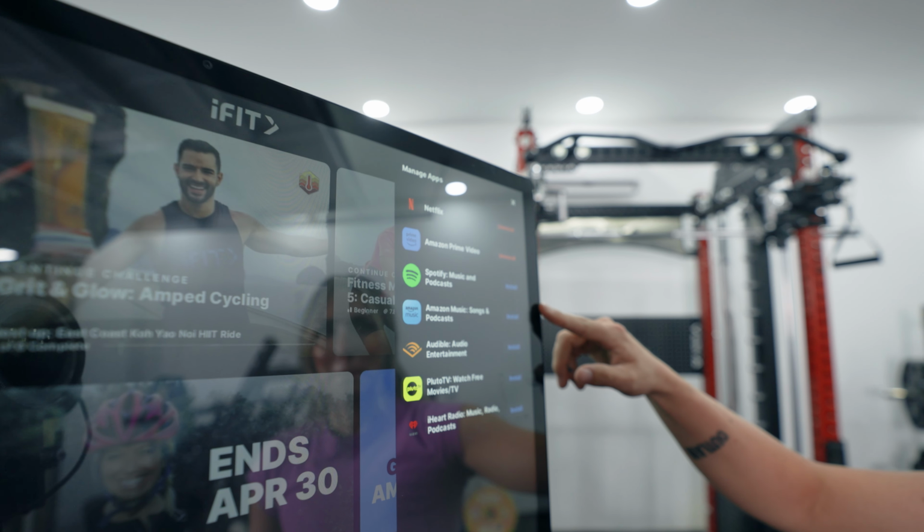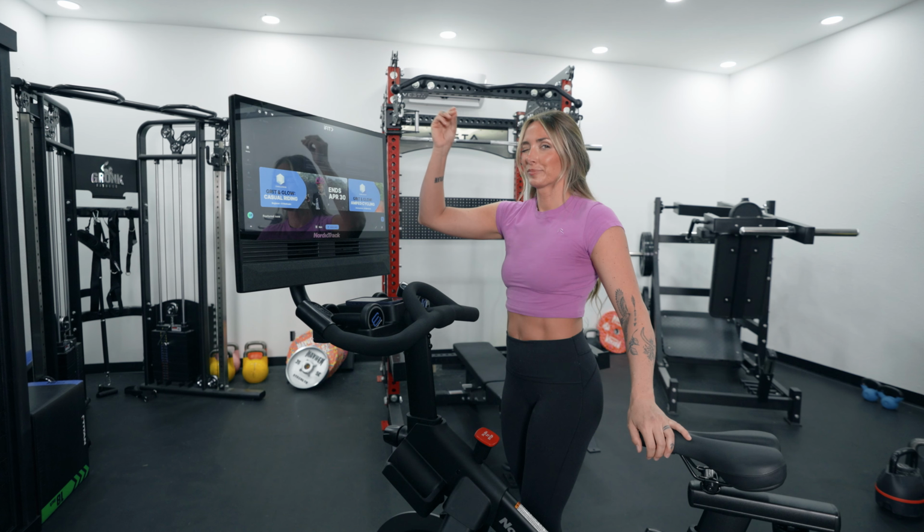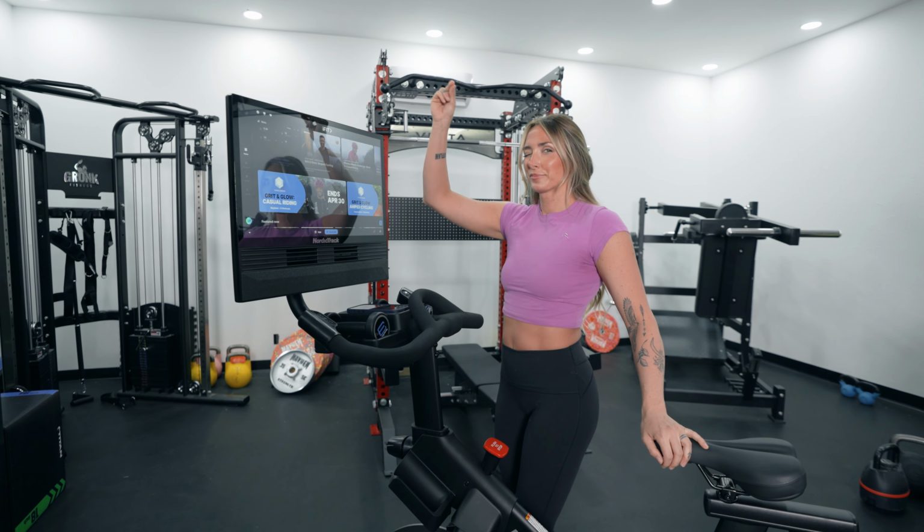So if you just want to hear the trainer, you can turn the music all the way down and just hear the trainer's callouts. If you want to turn off the trainer, you can go ahead and do that and just hear the music. And I will say, iFIT music choices are killer. I always feel psyched by it. They have a wide variety of music choices and songs that they play with their classes,